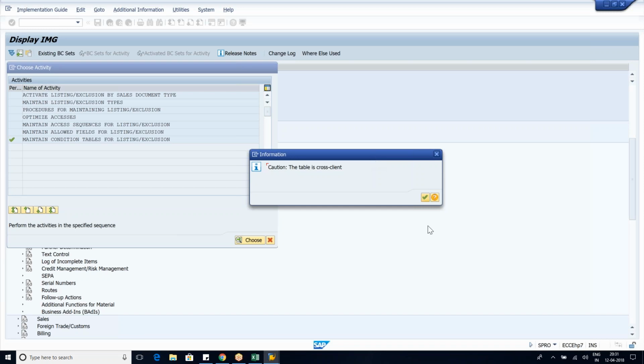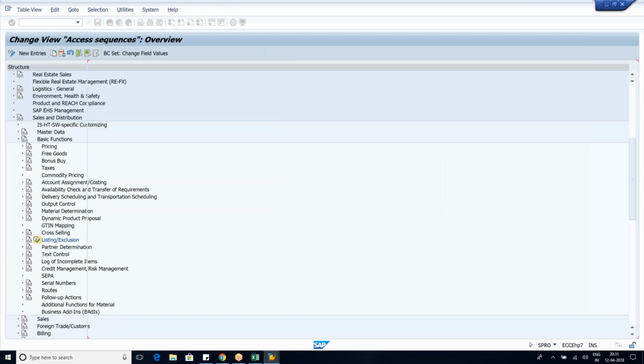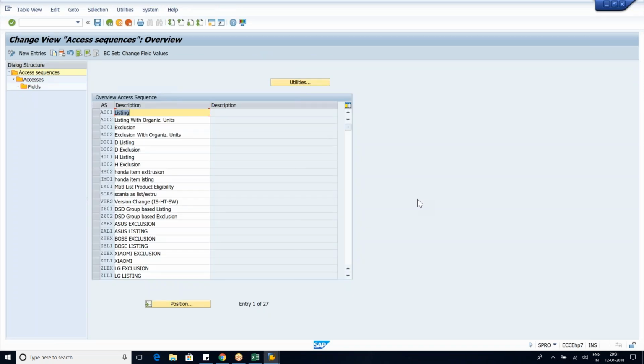Now simply click on continue. And this is going to be the screen. So this is going to be the standard access sequence provided by SAP for the listing A001. Okay. So if you want to create your own access sequence, we need to basically take the help of new entries over here